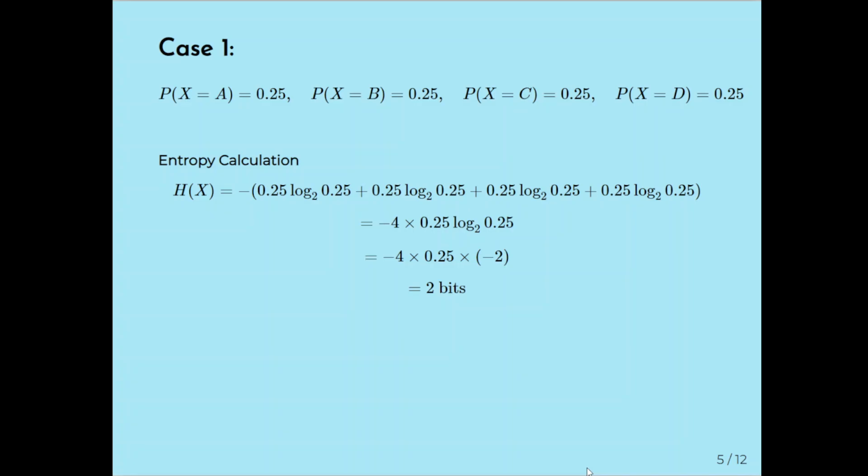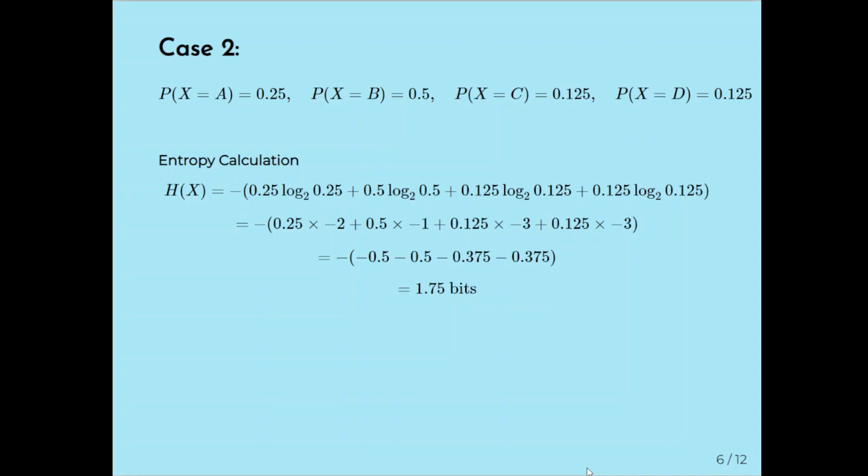Okay, no single character dominates. They're all equally probable. Okay, so that's it, 2 bits. So case 2, x equal to A is 0.25, B is 0.5, C is 0.125, and D is